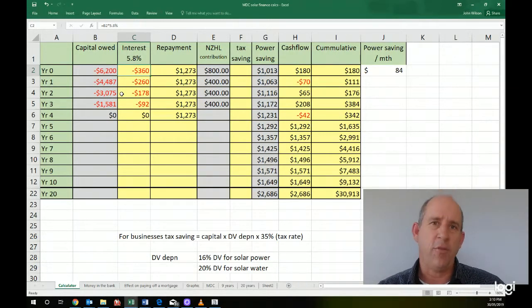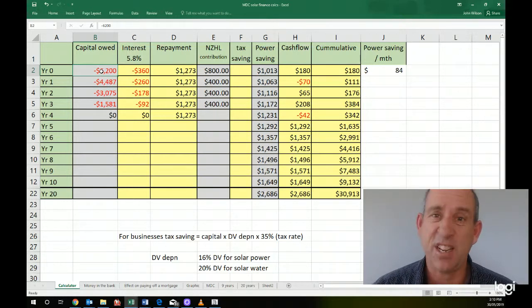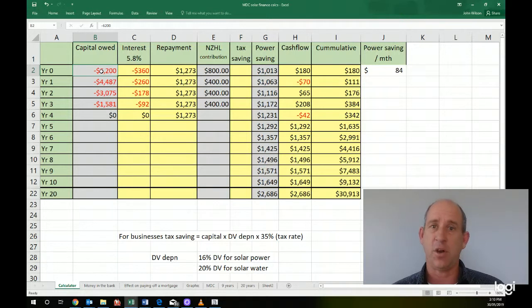Just a spreadsheet, so hopefully you're familiar with spreadsheets. We've got a few columns in here, so let me go over with you. With Sunshine Solar, adding solar hot water is $6,200, our standard price for a family-sized water heating system. So that comes as a negative value because that's what you owe to NZ Homeloans if you buy the solar water heating system through us. Interest, there is an interest rate. I've just put 5.8% on there. It's actually a little bit lower than that at the moment, but let's just take that because it's a high number. Repayments, if you repay that off at $1,200 a year, you get down to a zero balance after